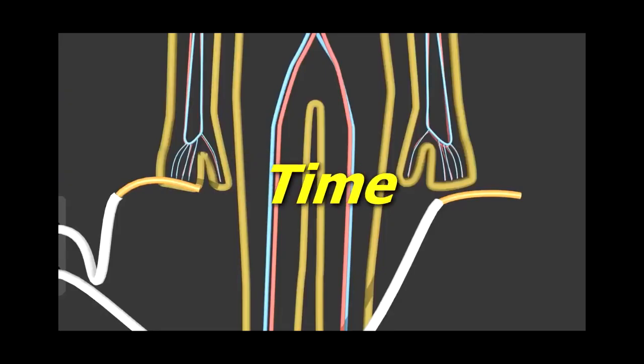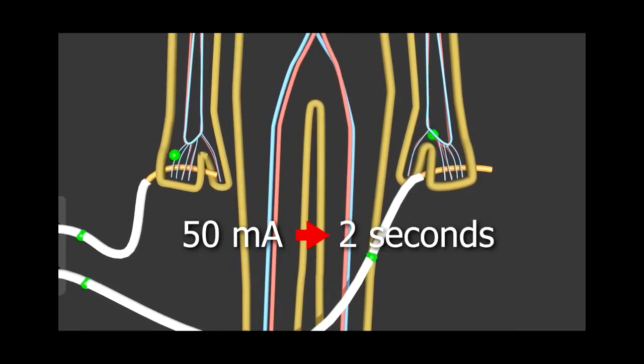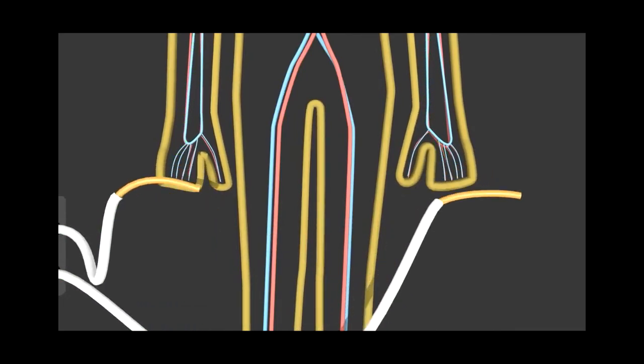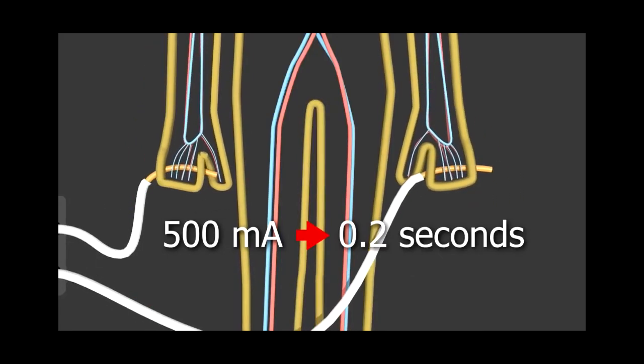How long the current flows also has an effect. At 50 milliamps, if you manage to let go within 2 seconds, then you'll be okay. But if the current is 500 milliamps, then you have just 0.2 seconds to let go